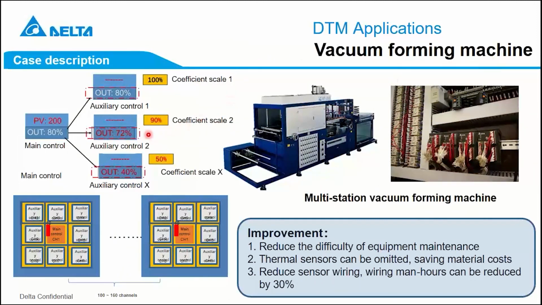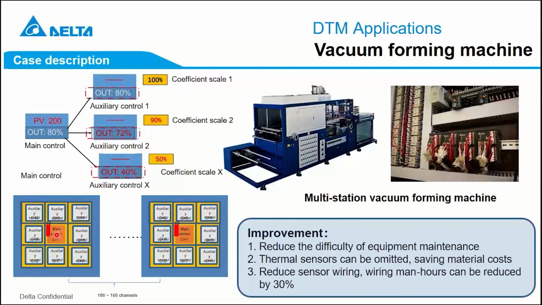This one is a little special. Basically, you can see this is a heating area. This is the heating area. There's a 9 area need to do the heating. But this customer, they want to reduce the input sensor because it's very difficult to maintain if you install 9 sensors. You can see the machine is totally already blocked. So the customer, they want to reduce the input sensor. So for this case,